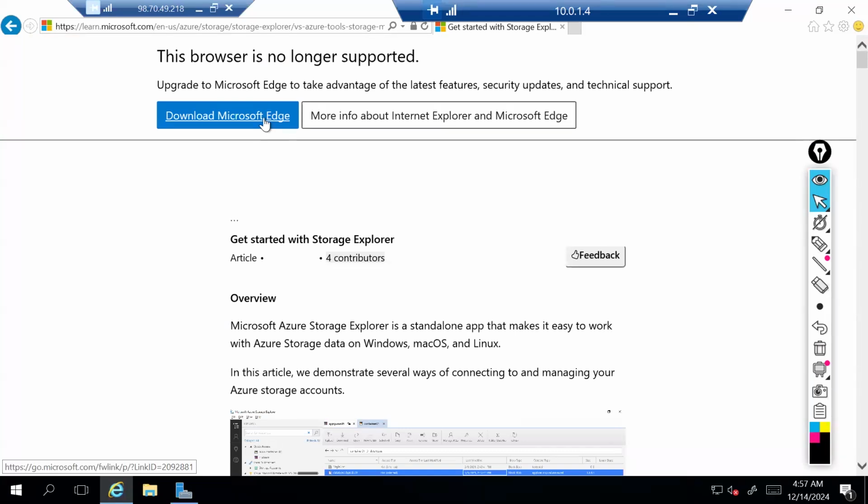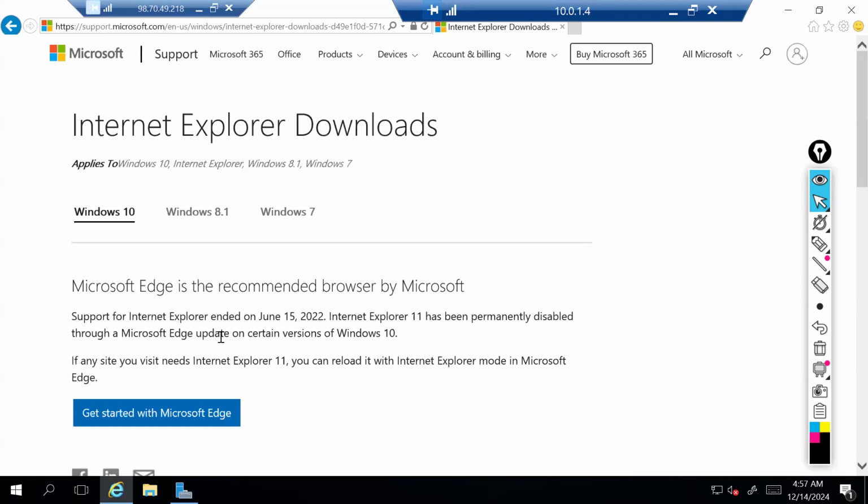Let me download the patch there. The browser is not supporting the download.